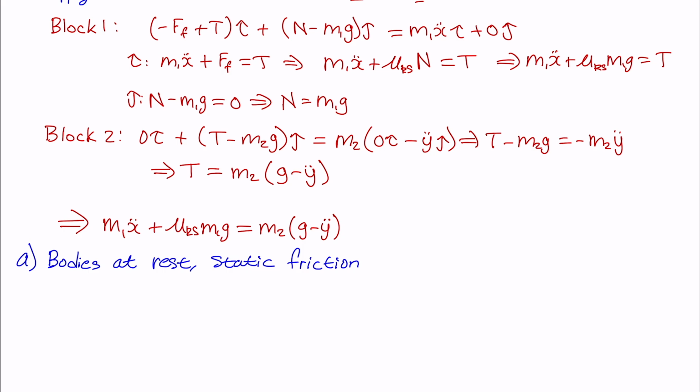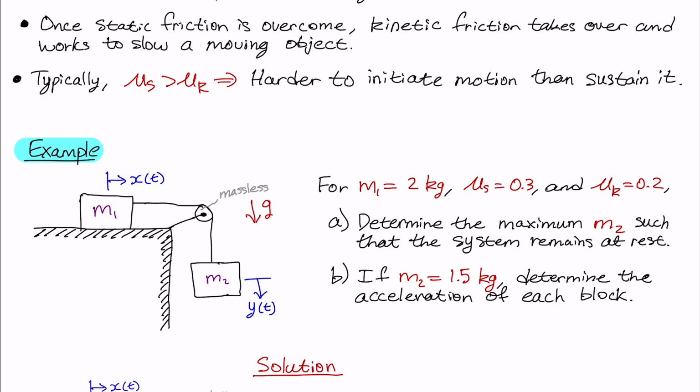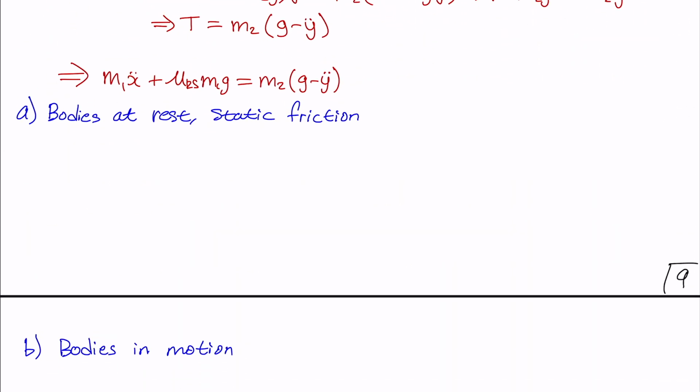So we are asked, let me scroll back up real quick, to determine the maximum mass M2 such that the system remains at rest. When the system is at rest, that means the position is not changing in time, and that implies that the accelerations as well as the velocities, but we don't need the velocities, all of those are equal to 0. Yeah, so this is our static equilibrium. Going from the equation right above here, we'll lose the x double dot, we'll lose the y double dot, and then we'll find that,